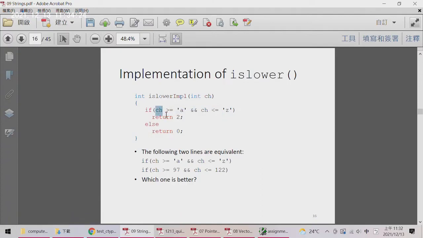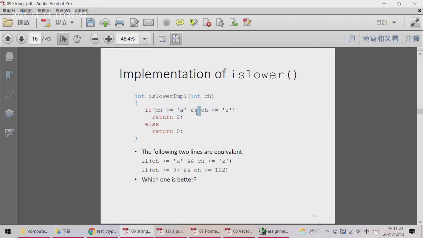Here we compare CH with character A. We can directly compare CH with character A. And we also compare CH with Z. If the two comparisons are satisfied,